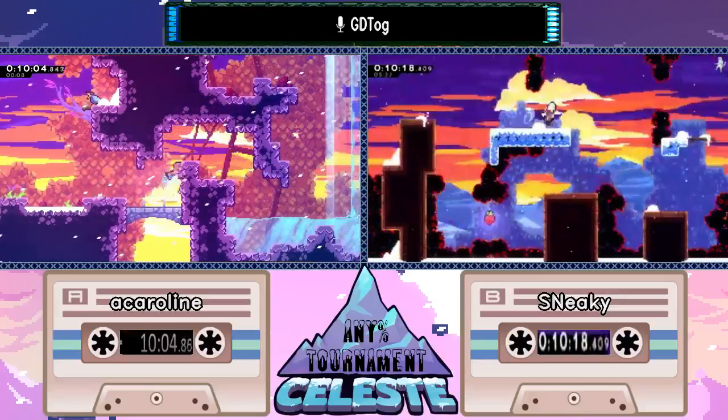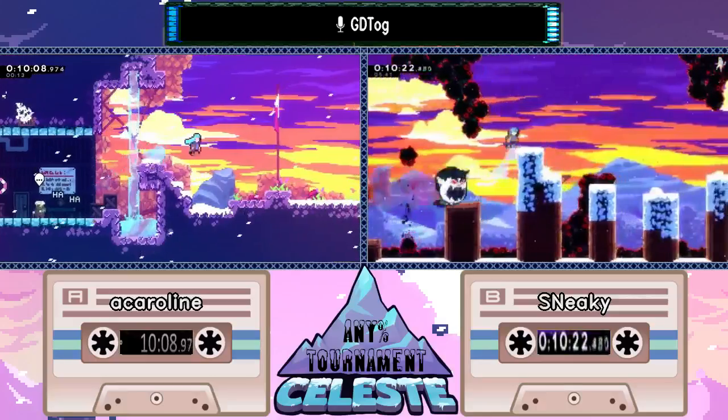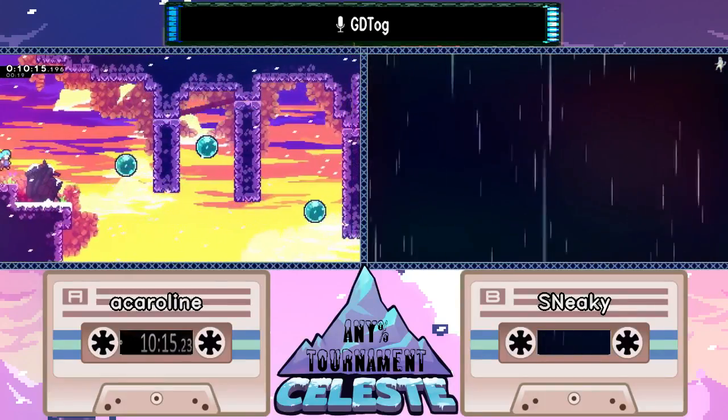So acaroline is now jetting through Chapter 4. Chapter 4 introduces a few new mechanics. We're going to see if Sneaky can make it through this room without taking a death towards the end as well. Yes. And that's another...